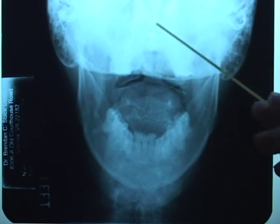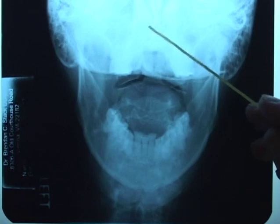Evaluate the nose for whether it's obstructed with overgrown turbinates or it has a nasal airway present. This is this patient's submental vertex X-ray. You can see that the mandible is not centered in the base of the skull, but is off to her